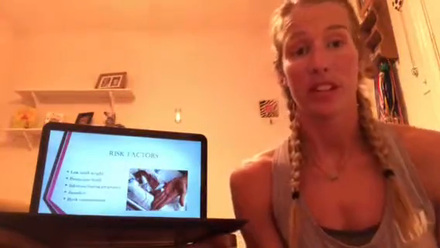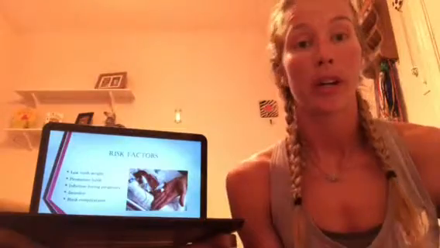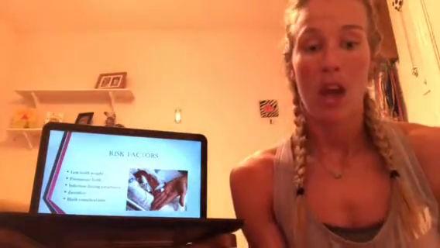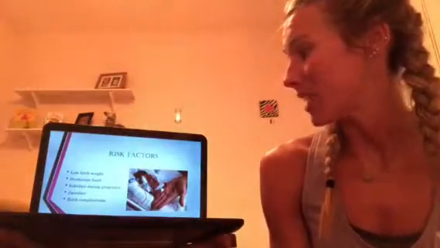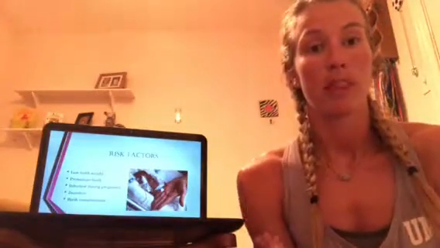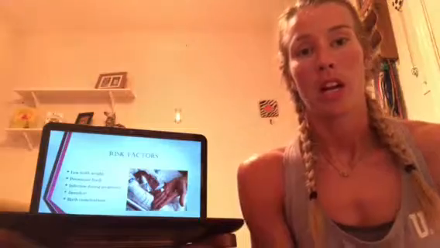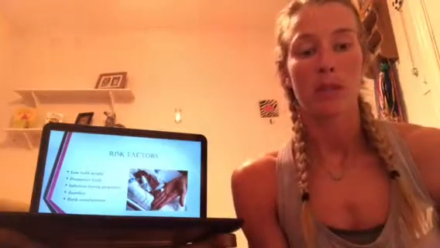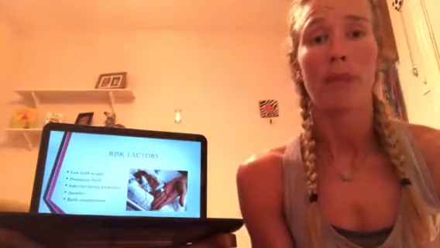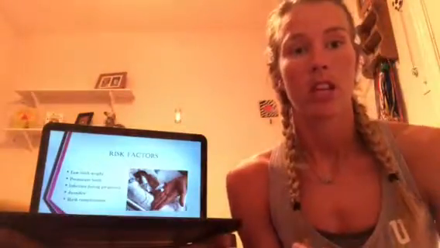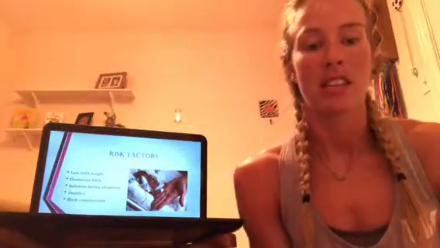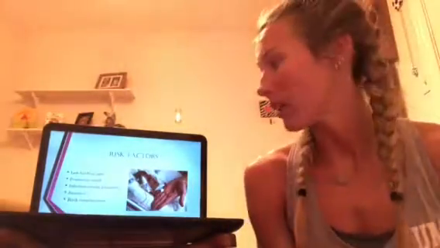There are different risk factors that will put your child or your baby at risk for cerebral palsy. Here's just a few of them. As you can see, premature birth, I have a picture of a premature baby. That can be a big risk factor for your child to develop cerebral palsy, because your child is not fully developed, so is premature. And that goes along with low birth weight. Usually premature babies weigh 3 to 5 pounds, and that is a really low birth weight for a child.